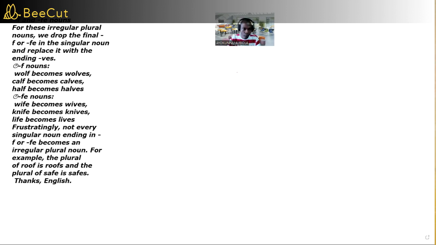So let's see. Some singular nouns become plural by changing the vowels in the middle of the word. There is no rule or pattern that tells you when this happens. You will just have to learn which words do this as you discover them. Just make sure you write what's on the screen as we move on. Another group is the one with vowel changes.